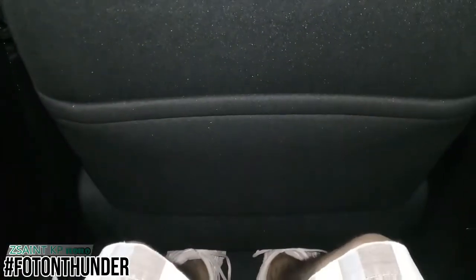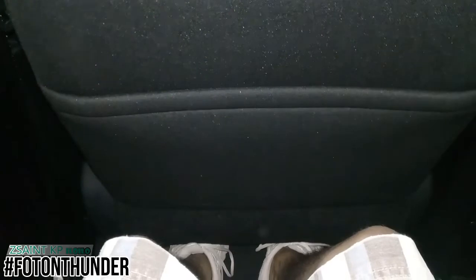I do set the driver's seat in a position that I feel comfortable in. I'm about 5'9", which is about 1.7 meters tall. I do have a little bit of room to stretch out my feet underneath the driver's seat. As for leg room, I have this much. I have this much in terms of headroom. Surprisingly,